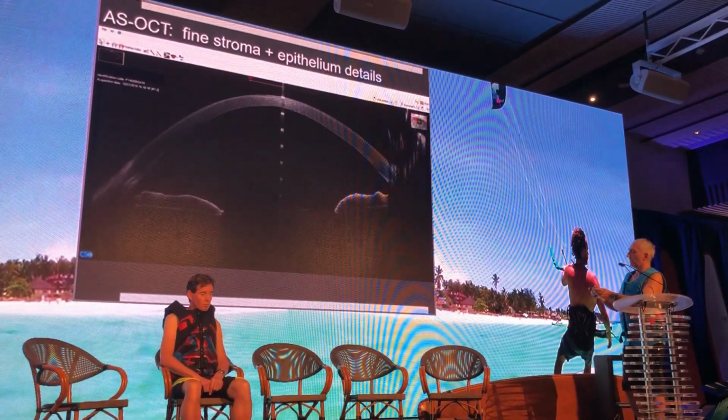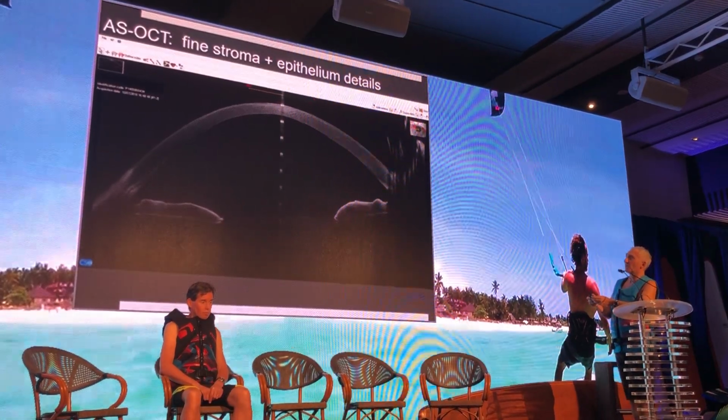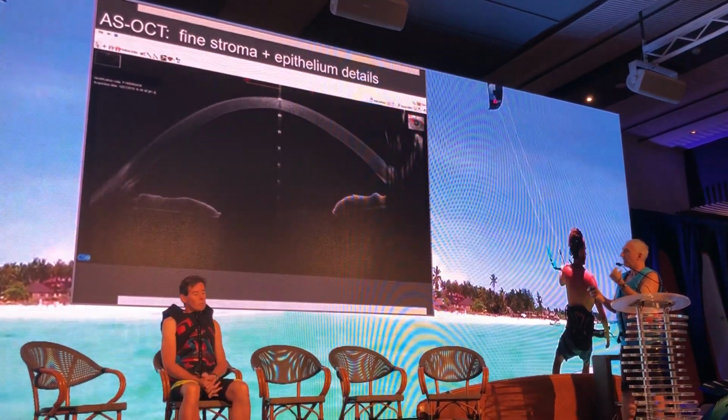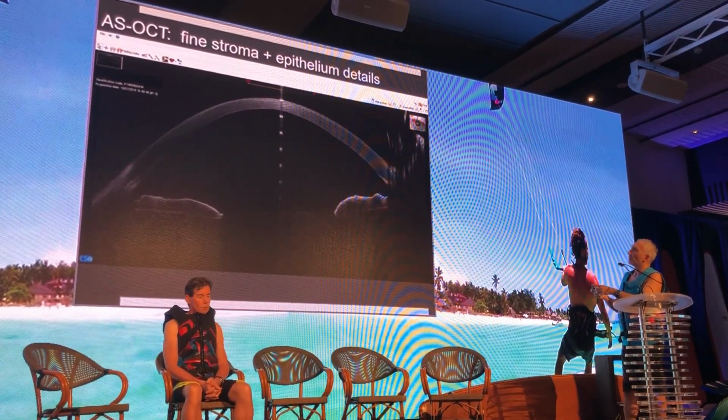It's very important knowing better what happens at the level of epithelium in refractive surgery because it can avoid us making terrible mistakes. For example, in this situation,